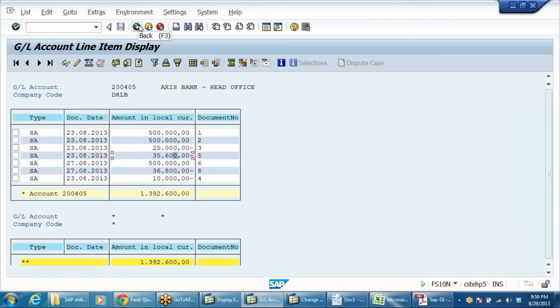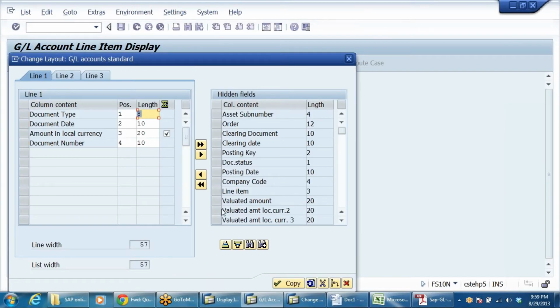Come back. And these are sorted by document date: 23, 23, 27, 27. See, this is with the old date we have posted. With the 23 date, that's why it has come here.